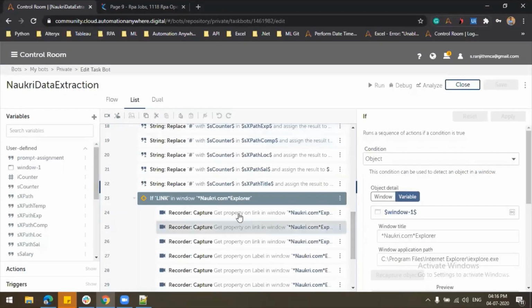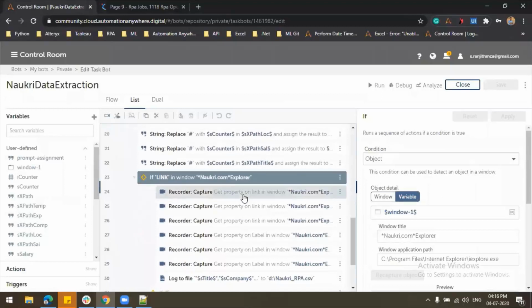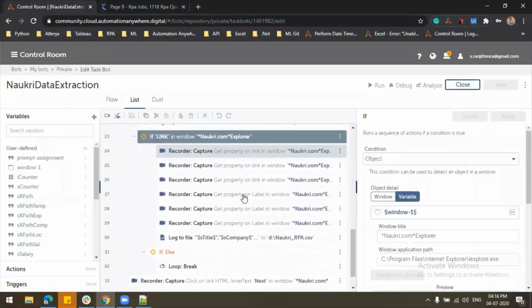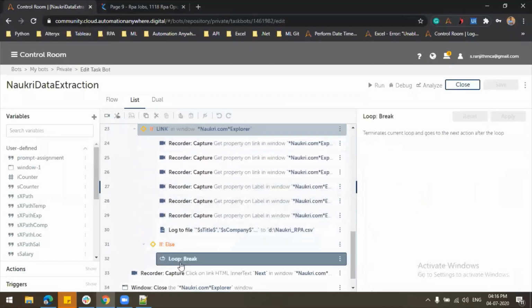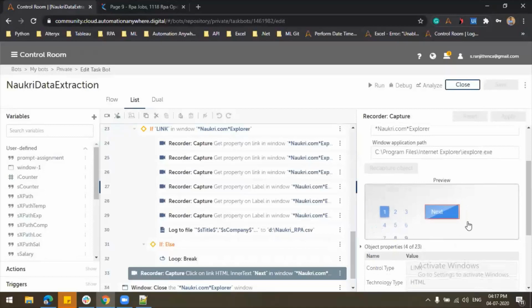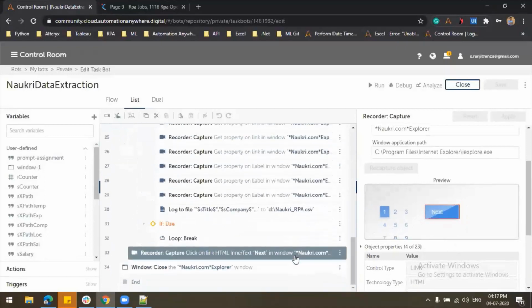This loop will execute 20 times, but if the page contains only 4 or 5 results, it will extract those and then break the loop. Then it will click the next button. If the next button is not there, it will come out of the loop.